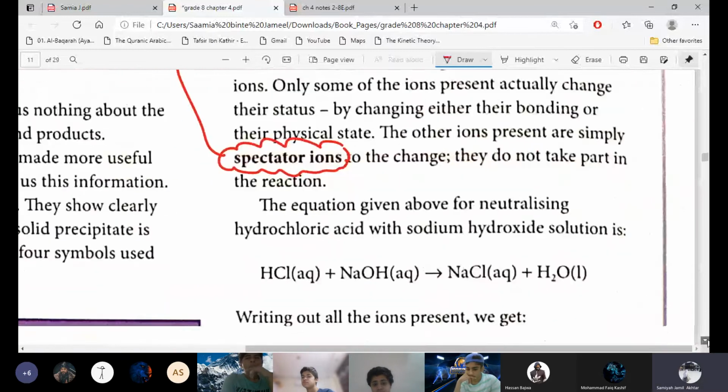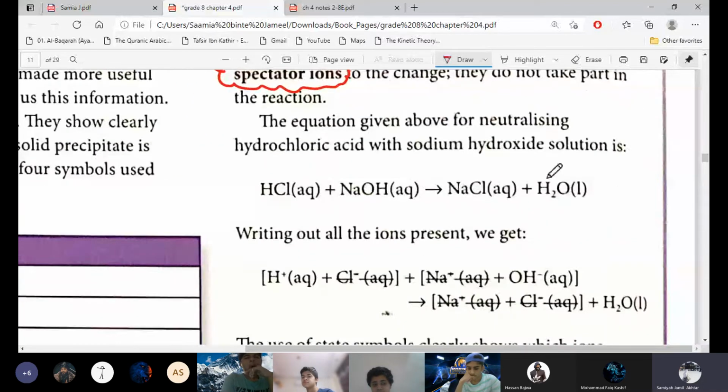Okay, this is one neutralization reaction and they're asking you to write the ionic equation for this reaction. Now how will you write the ionic equation for this reaction? The first step is you will split it. If it is aqueous, then we know that when we dissolve something in water, it splits into its ions. So we will write the ions of it.